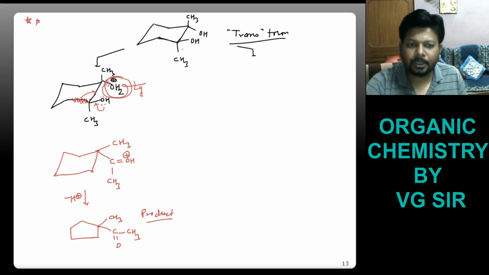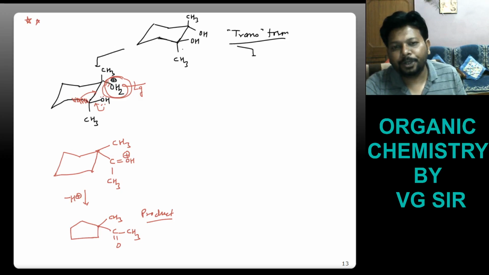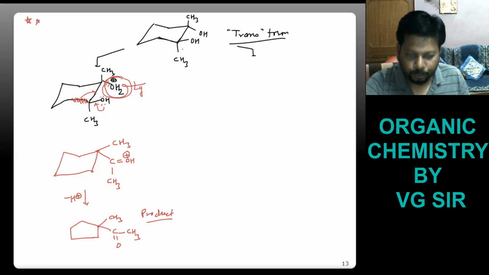So if in the trans form this OH2 group is getting protonated, then we are getting a 5-membered ring due to rearrangement, because this bond is being broken. So this point of attachment is not there, it is directly attached to this new point, and we are getting a ketone, or an oxonium ion, thereby we are getting a proton.